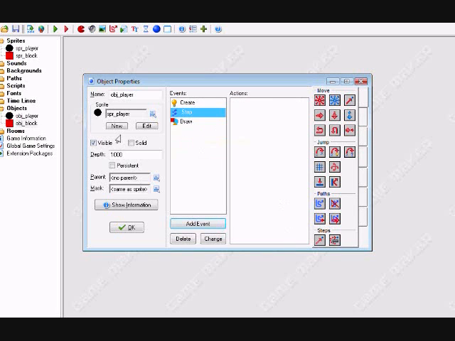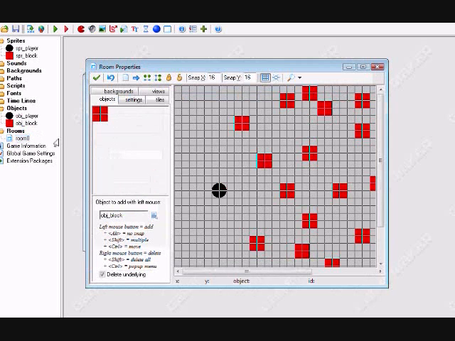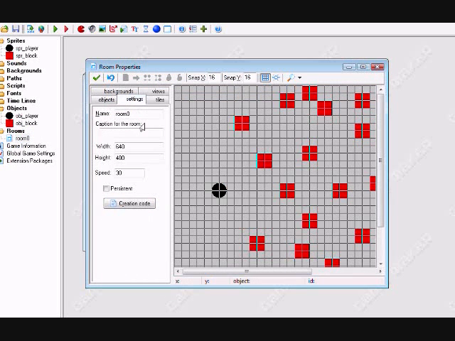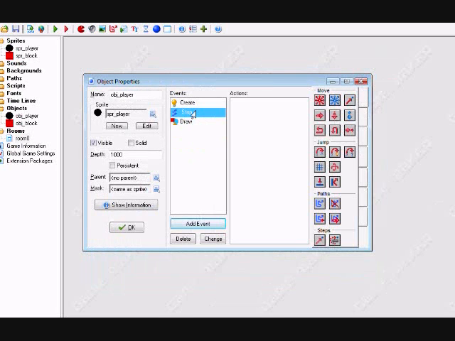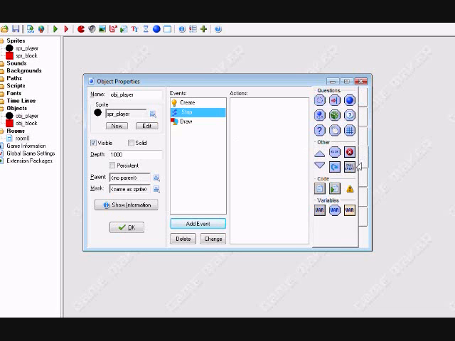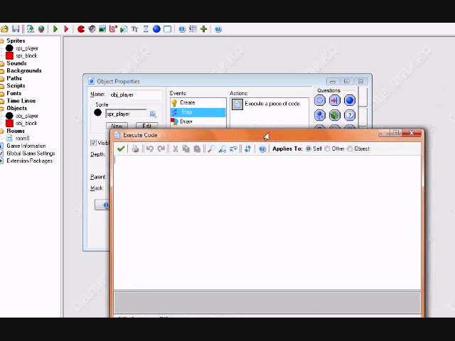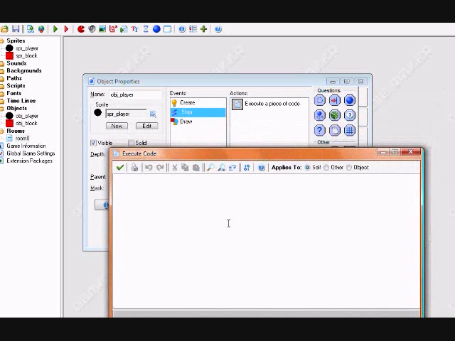GameMaker works in steps. In your room, under the settings tab, you can set the width and height and the name of your room and everything. There is the speed, which is in steps per second. So you can set the steps to be really high or really low. It's just how fast GameMaker calculates everything. So under the step event, which means this is constantly happening throughout the program with every step that your object is there,